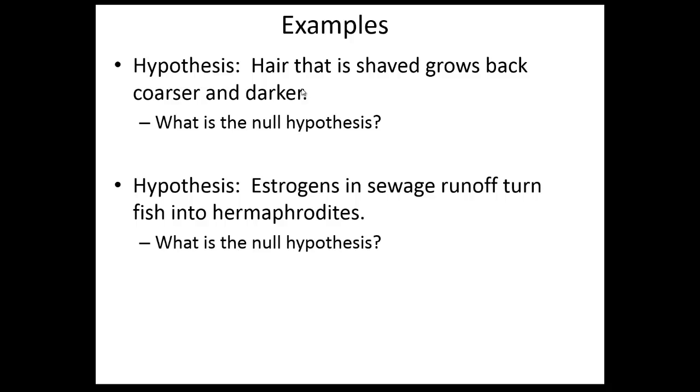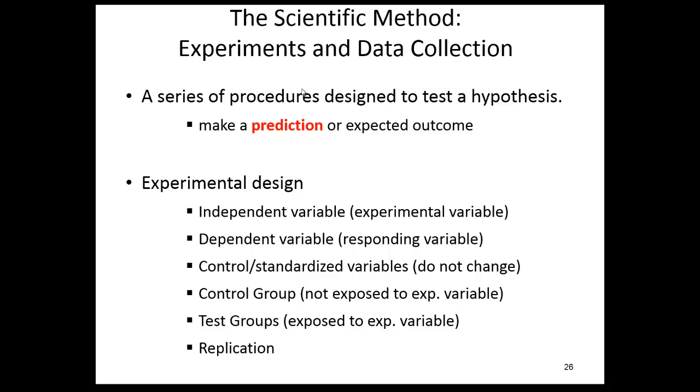So whenever we're looking at scientific data and looking at someone's hypothesis and their conclusions, we need to be able to identify the different parts that made up that experiment to determine if it's valid. So again, every scientific experiment, if it follows the scientific method, should start with some observations which cause someone to question something in the environment, and then they're going to answer that question by making a prediction.